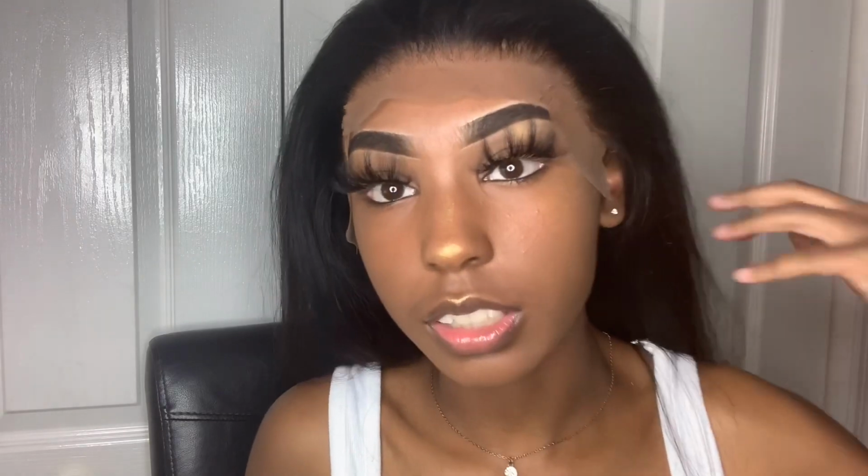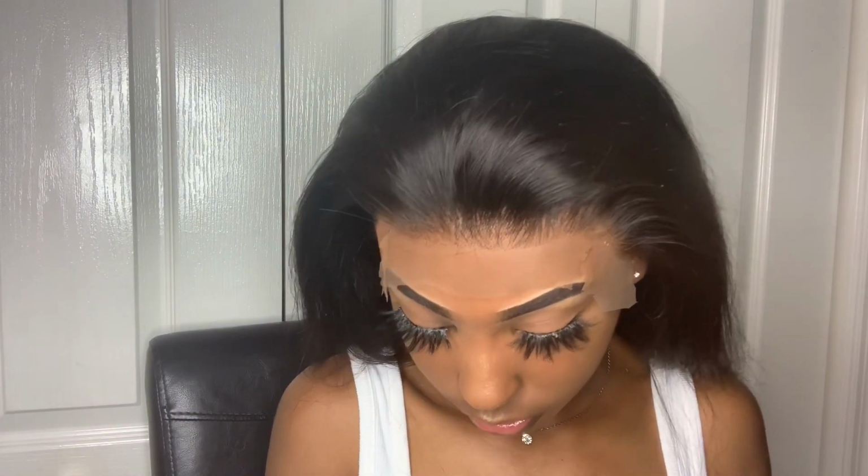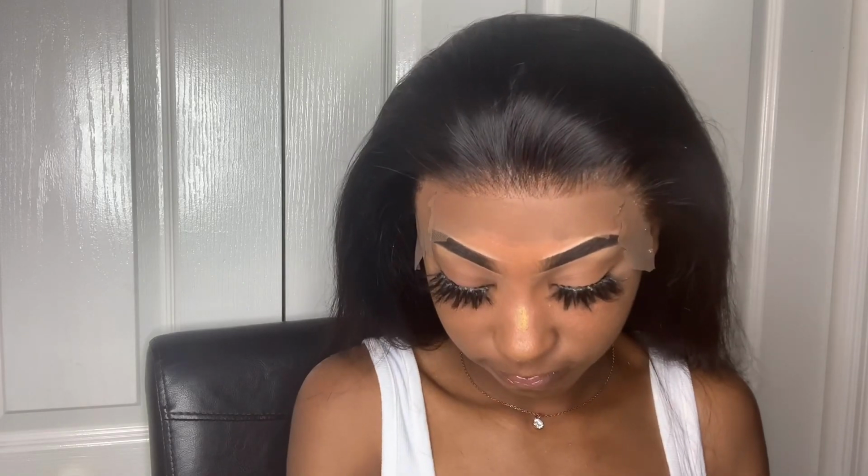Okay, so I finished applying the wig. Now I'm just gonna cut the lace off. I'm thinking about either using these scissors or an eyebrow razor, but I think I'm gonna use these because I always use these for everything. Like these scissors,